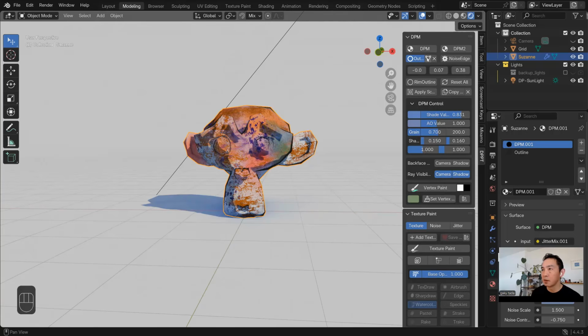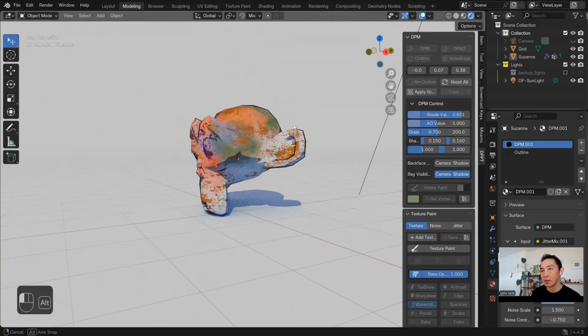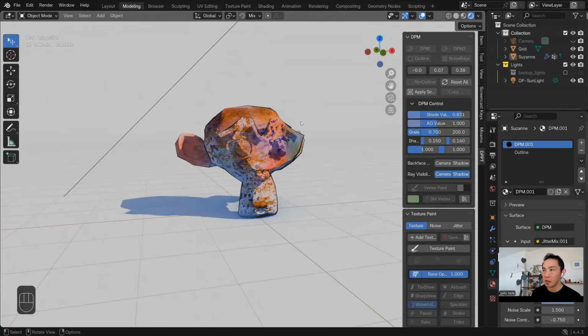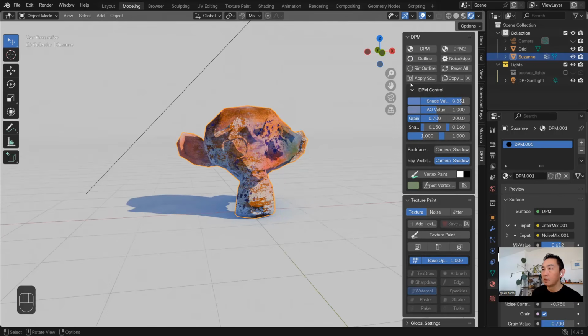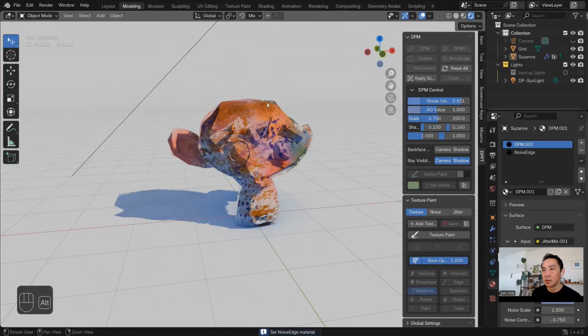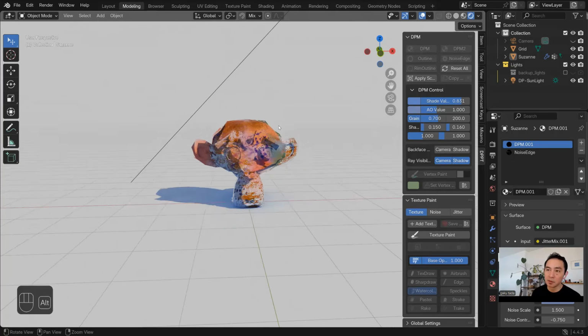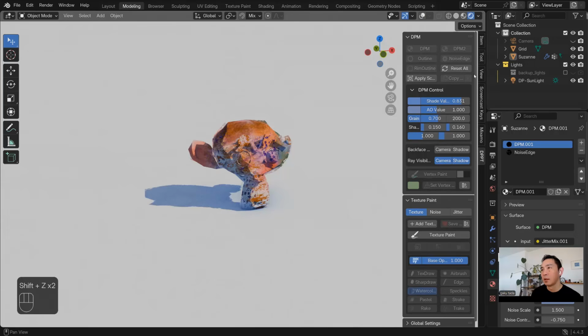And if you click this triangle, it's going to affect only the outline, so it doesn't change the basic shape. Then you can simply hit X to delete it. But also there's a noise edge. You can change the edge with some noise, so it makes a softer look.